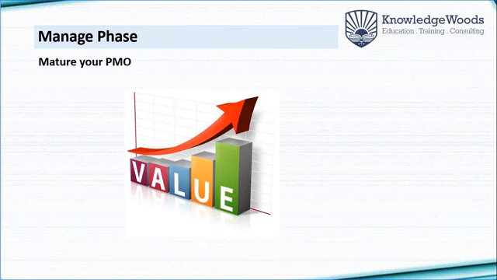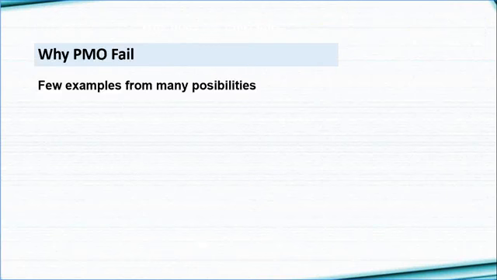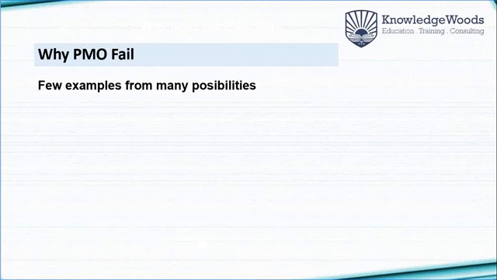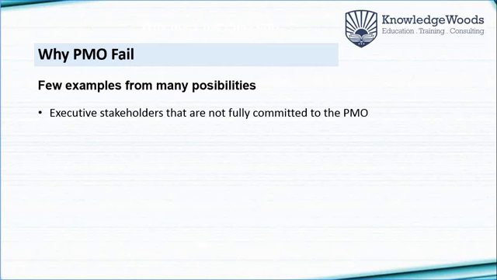Next is obviously checking out a few pitfalls that a PMO might fall into, which might result in the PMO not being a successful initiative. Some of the common reasons why PMOs fail, if you go through various organization and industry data: PMOs fail not because of any technology or process related issues. PMOs fail because of people related issues. So some of the reasons could be